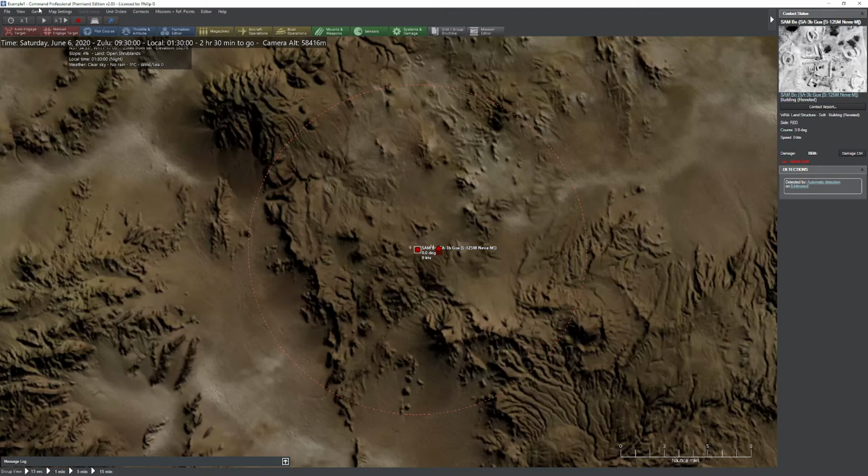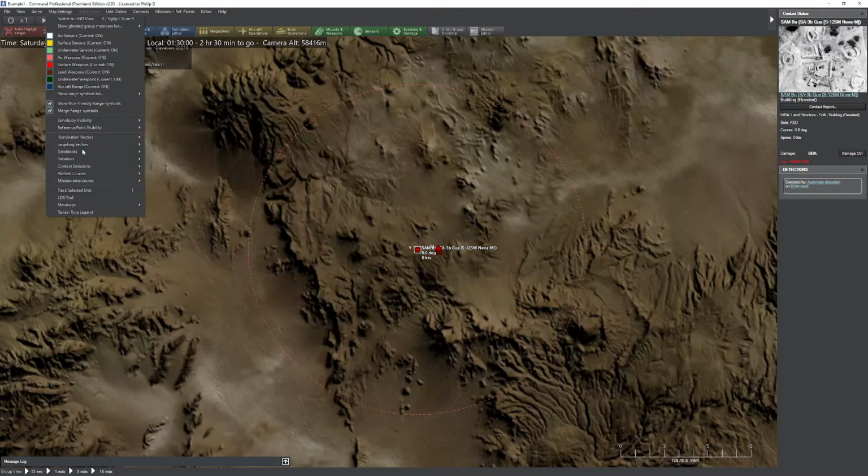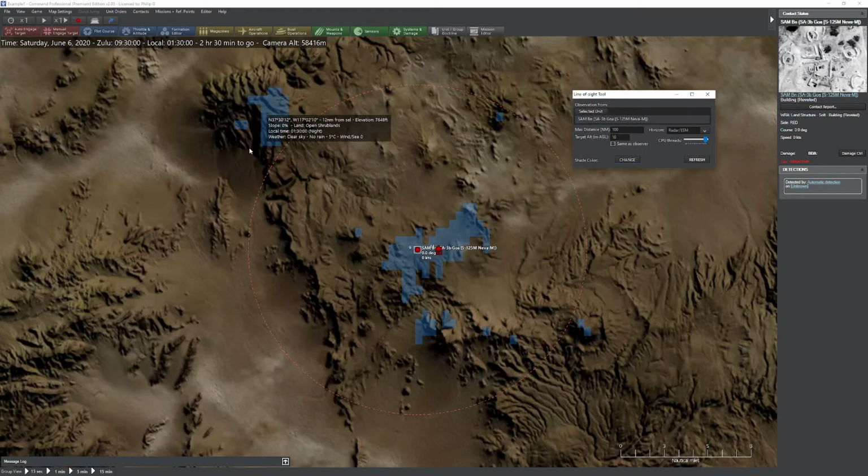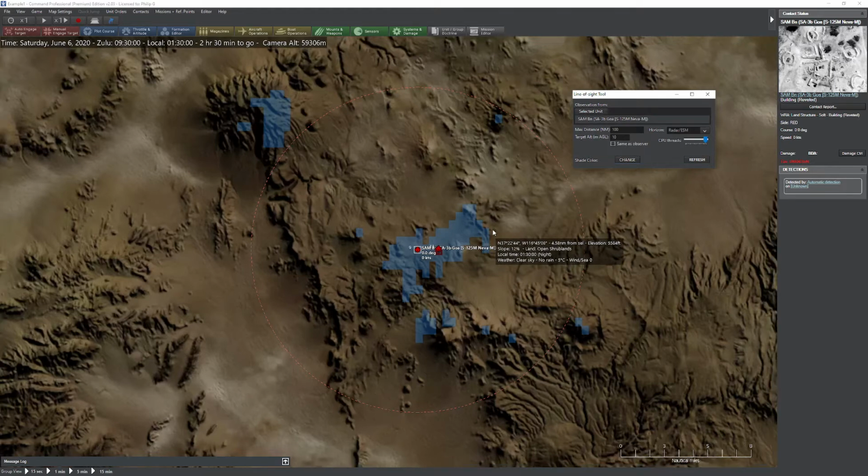I'm going to go up to Game. I'm going to go ahead and select Map Settings, LOS Tool. Now, as soon as you activate this tool, you're going to notice these little blue patches up here. That represents the areas which this particular unit can see. In this particular case, if I was planning some sort of mission with this information at my disposal, I can now see that I can thread my way in and around in order to minimize the position in the danger